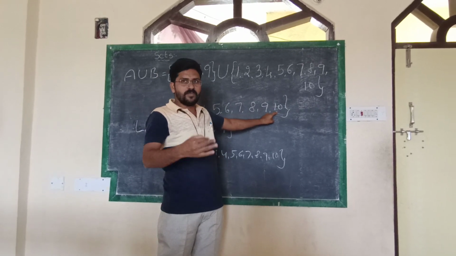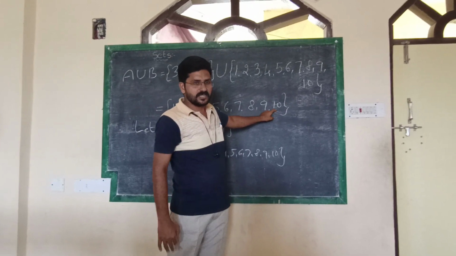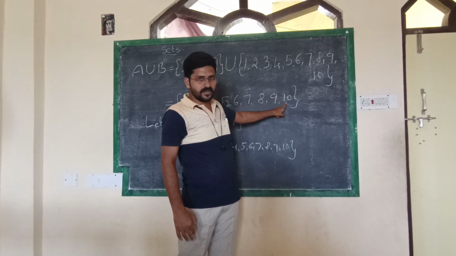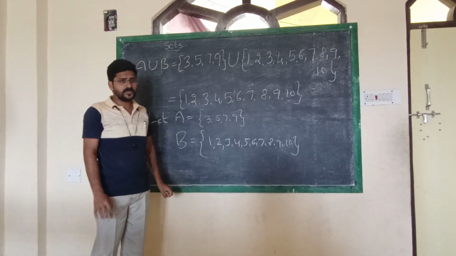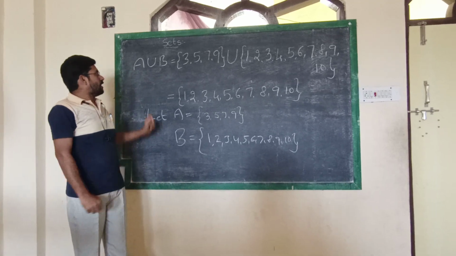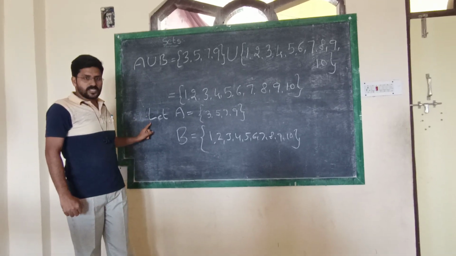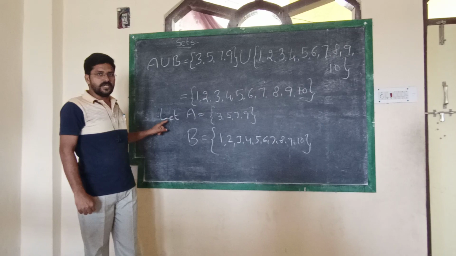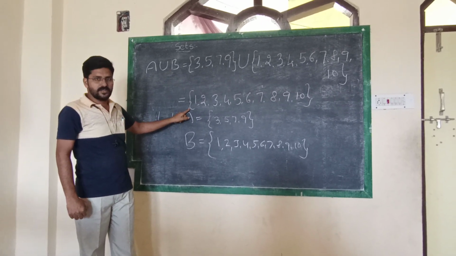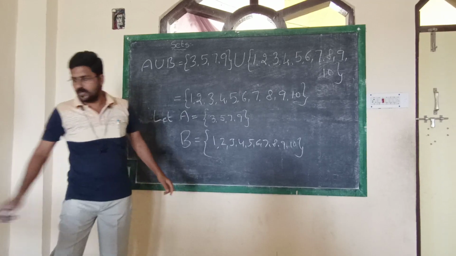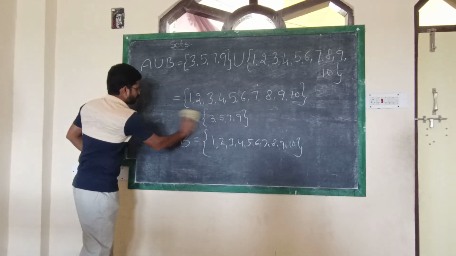And in set B, one more number is there, 10, that is also we can take here. Now this is A union B. Once we get the concept now, A and B are the two sets and A is a subset of B, then A union B is equal to what you got. Means here we got A union B is equal to,